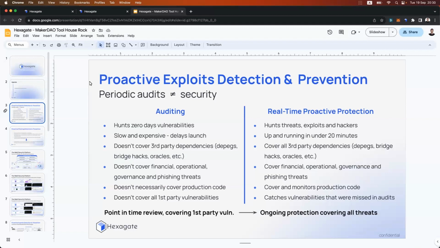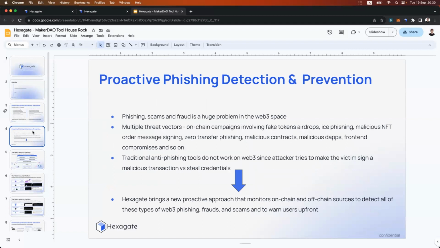Another thing that is also prominent in Web3 is anything around phishing. Now, if you look at the Web3 space and crime in Web3, eventually you see a mixture of both exploits, which are normally enormous losses of protocols, and also phishing scams, which are relatively small, not all the time, but relatively small scams of individuals, but in huge amounts of individuals. So all in all, Web3 crime is comprised of phishing scams, fraud, and exploit threats that happen regularly.